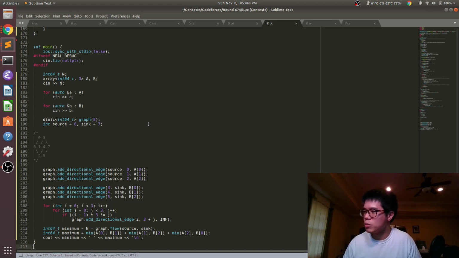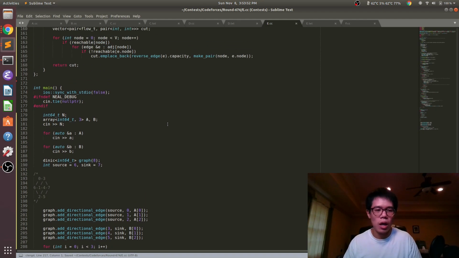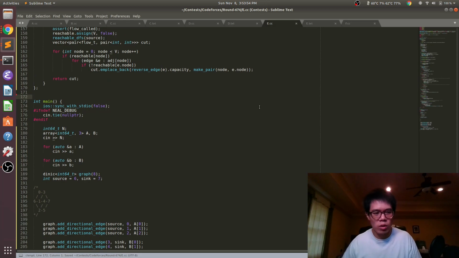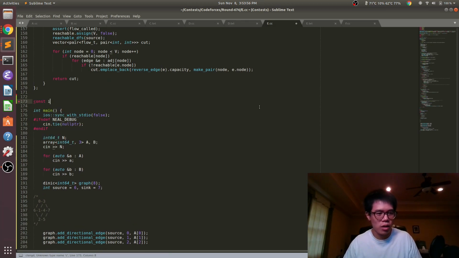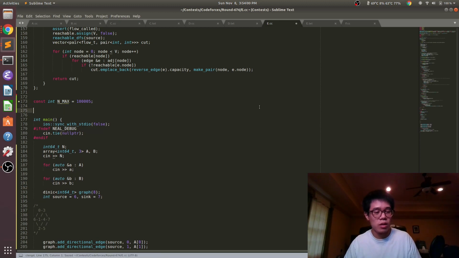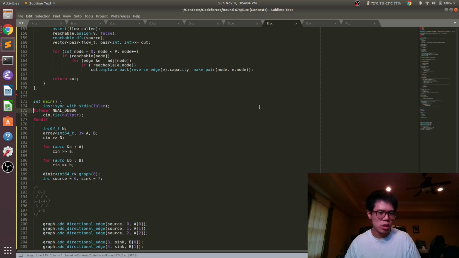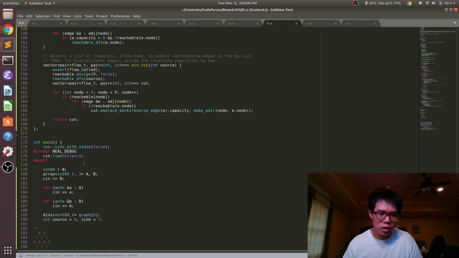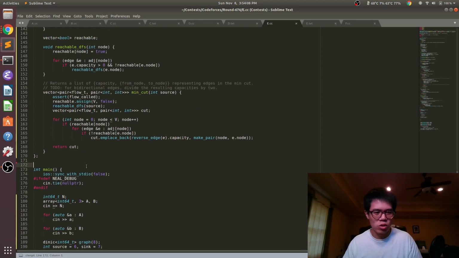Why do experienced programmers like me and Kennedy prefer vector rather than array most of the times? So I used to do this thing where I always made nmax equals 100,005, and then I would do this. The main thing is just, personally, I think that the code is a lot nicer when you don't have a constant where your code just breaks if the n is bigger than that.